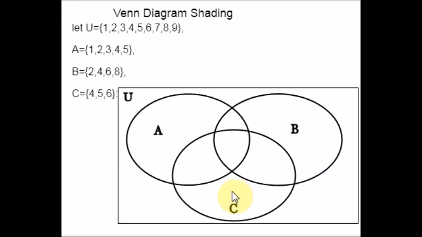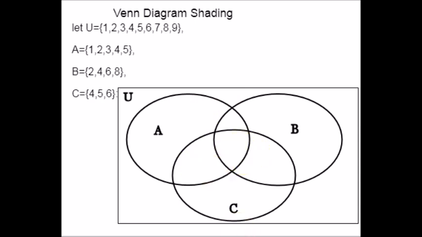Here is an example. Let's do the Venn diagram for this one. We have 3 sets A, B, C. So draw a universal set in a rectangular shape and 3 sets, 3 circles. Now look for the number which is common for all the 3 sets. In all the 3 sets we have 4 as a common number. Am I right? We have 4 as an element for each of the sets. So write 4 in the middlemost region where all the 3 circles overlap.